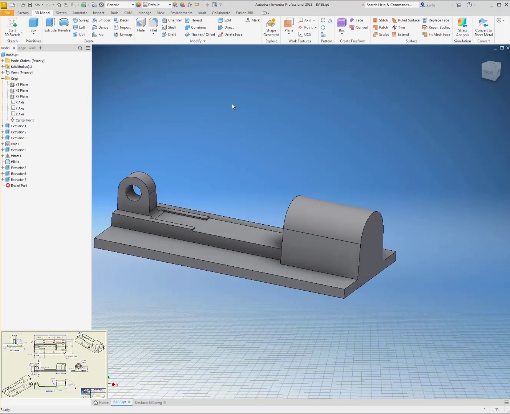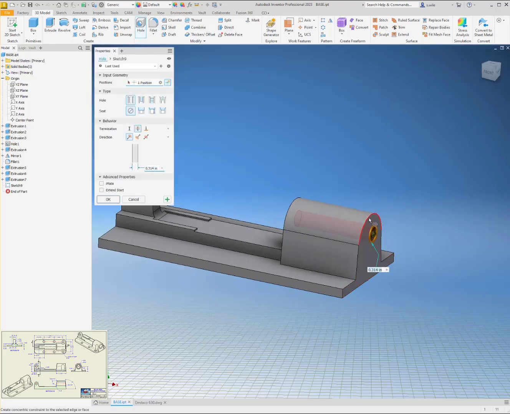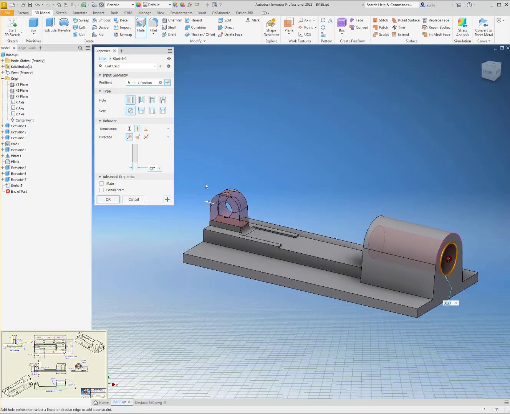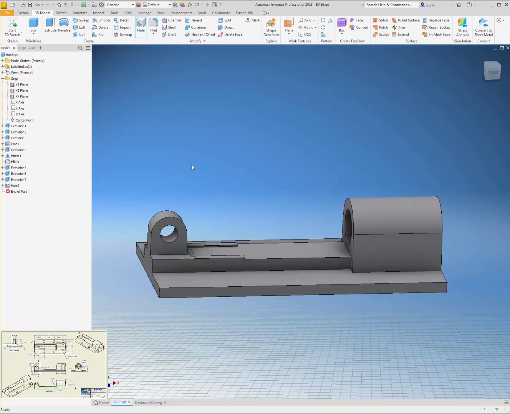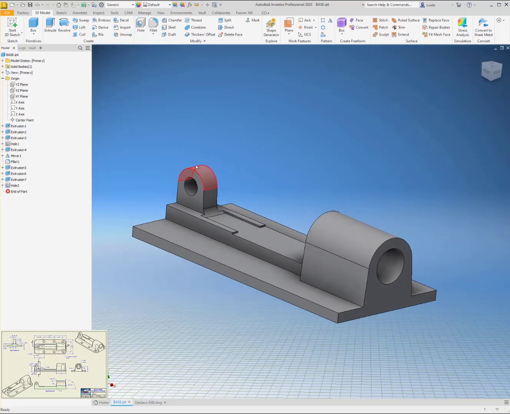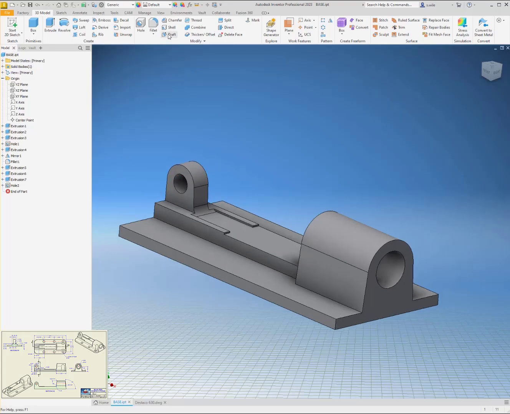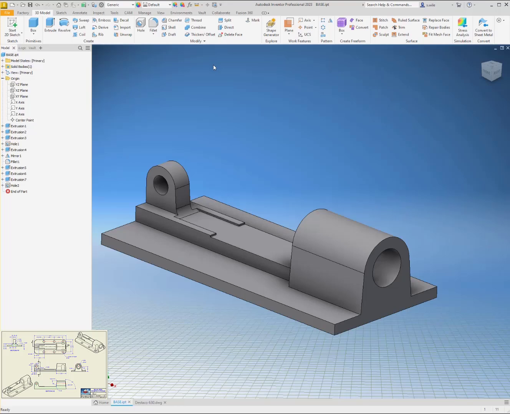Okay. Then I just need to taper them. Well, before I taper them, I'm going to put the hole in, because then I'm still dealing with straight edges. 0.627. Oh, I don't want to go through all. Just want to go to here. Now I think it's safe to taper, so I'll do a